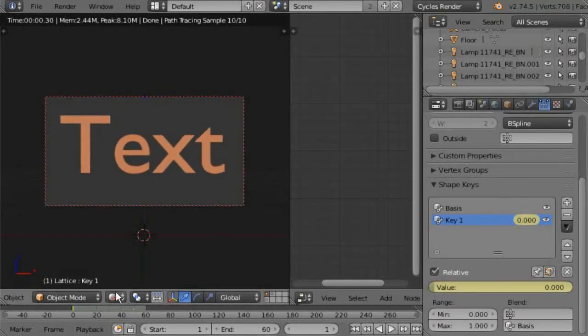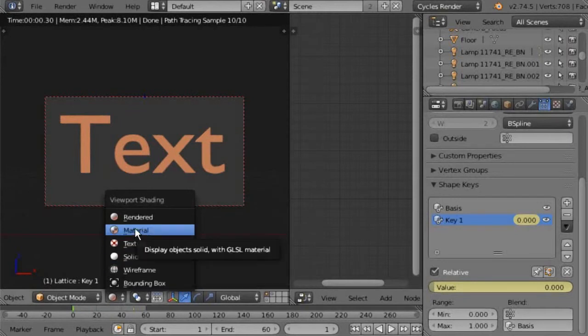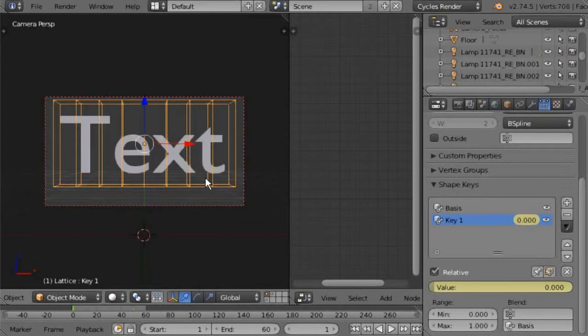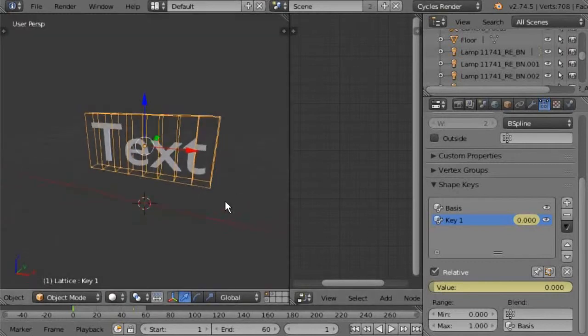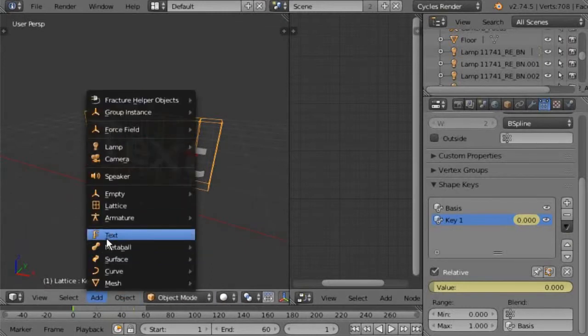So there are several ways I can animate text. And then there is one more interesting thing, and that is